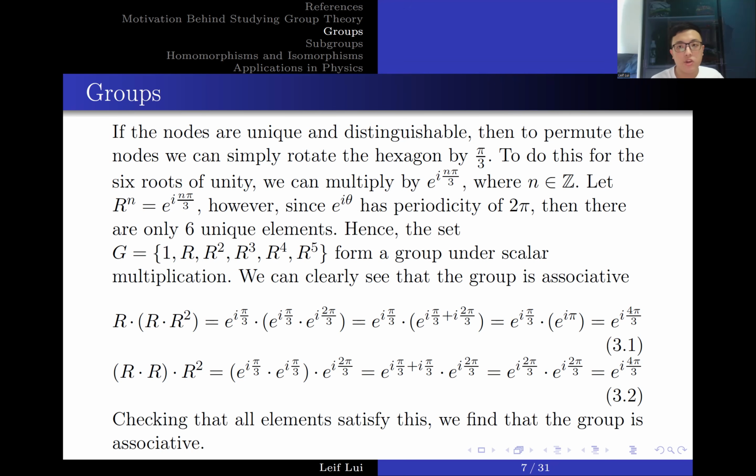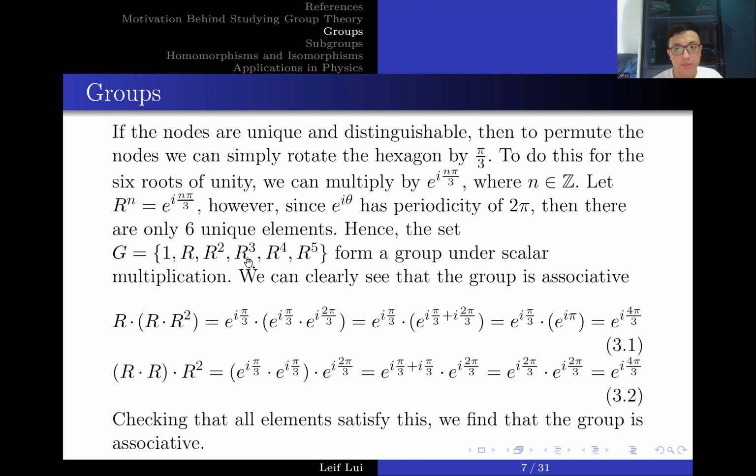Here I didn't check the closure property, but let's check it very quickly. The operation of 2 elements in the group should yield another element in the group. So let's check this. 1 times r yields r, r times r yields r squared, r times r squared yields r cubed, r times r cubed equals r to the 4, r squared times r squared also equals r to the 4, r squared times r cubed is equal to r to the 5. Then you see what happens when we do r cubed times r cubed. We get r to the 6. But remember, this is also degenerate with 1. So it would yield this.